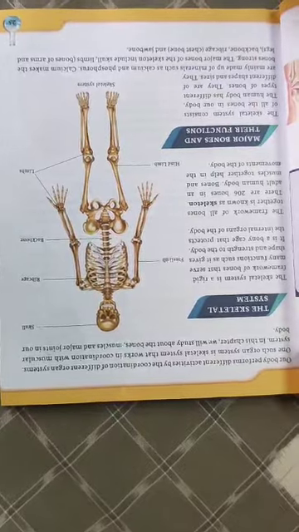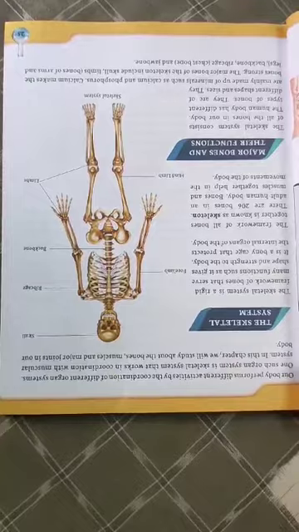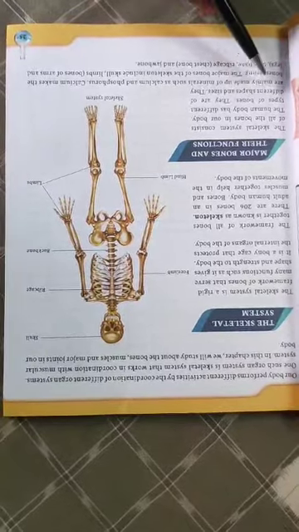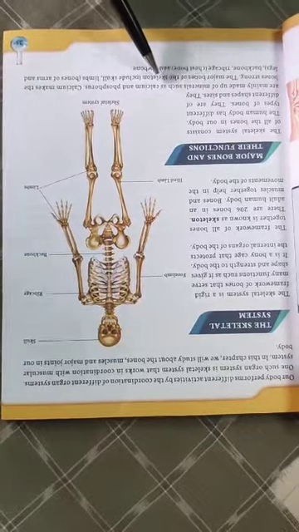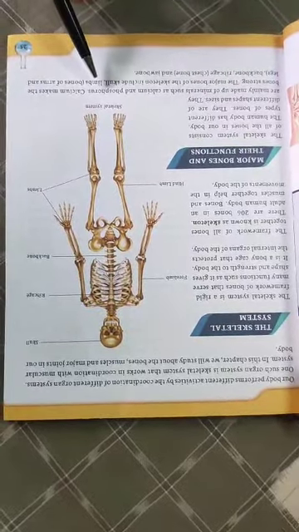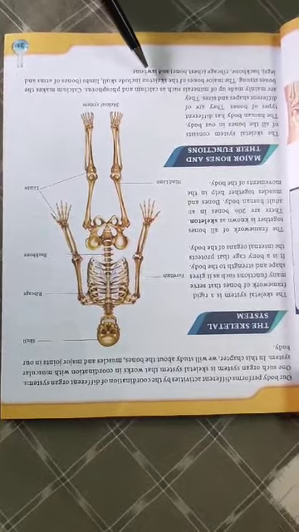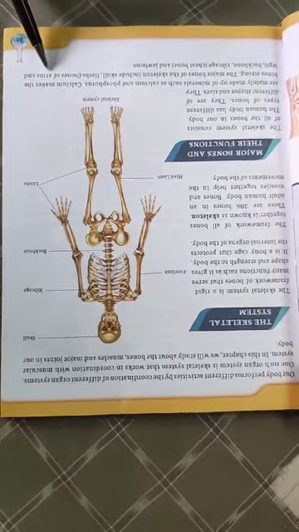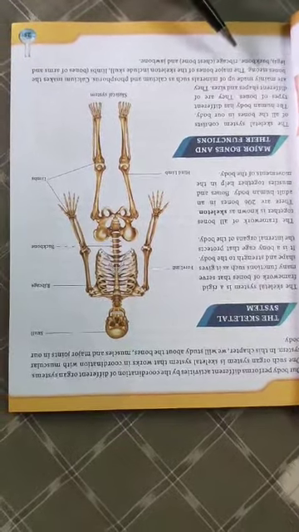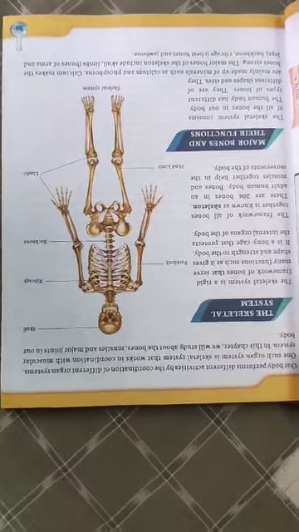The skeletal system consists of all the bones in our body. The human body has different types of bones. They are of different shapes and sizes. They are mainly made up of minerals such as calcium and phosphorus. Calcium makes the bones strong. The major bones of the skeleton include the skull, limbs, means bones of arms and legs, backbone, rib cage, means chest bone, and jawbone. Move to next page.